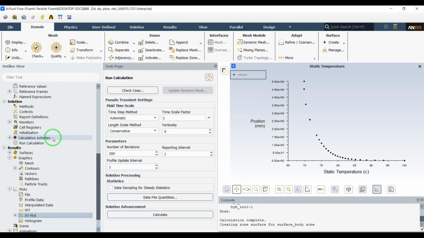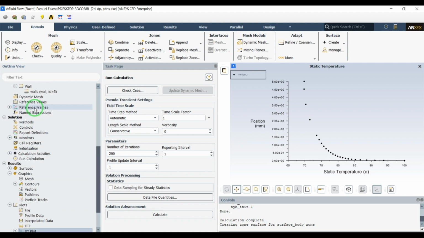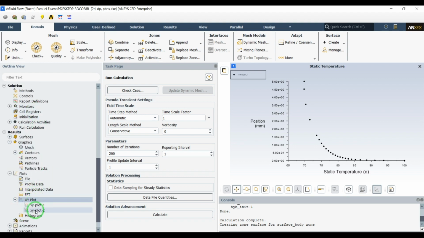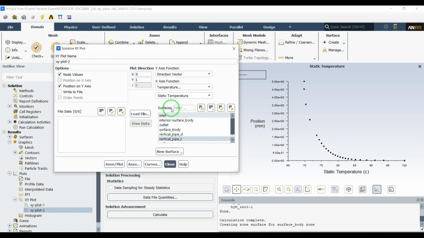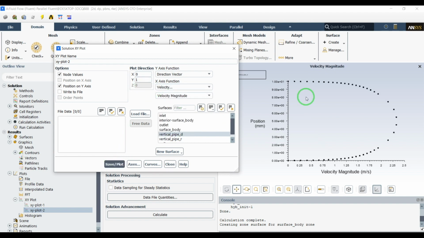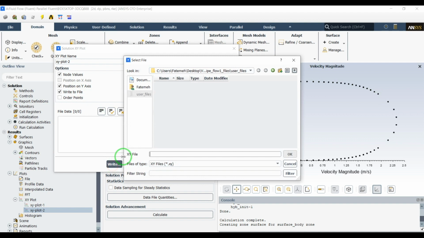So let's repeat our simulations. Okay, let's change this XY plot to vertical line pipe D and plot the velocity. Okay, so as you can see, this velocity profile, and let's write this to the file as, go to the user files and V100C. Okay,